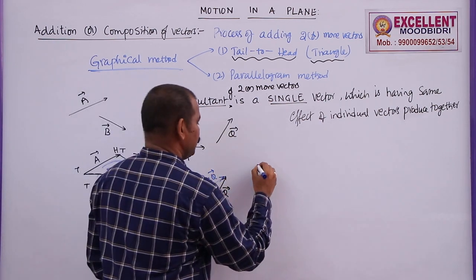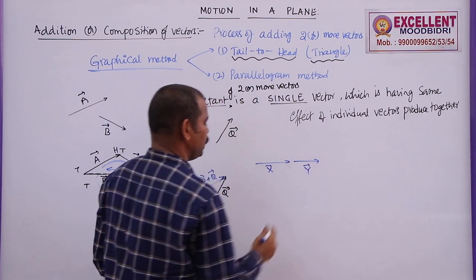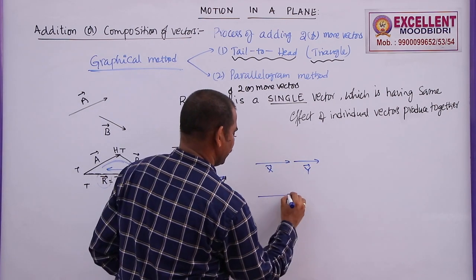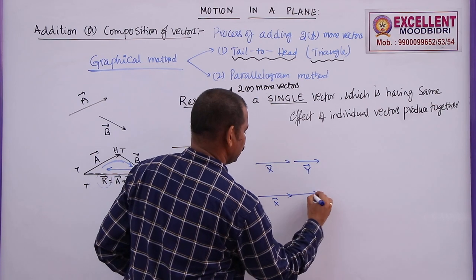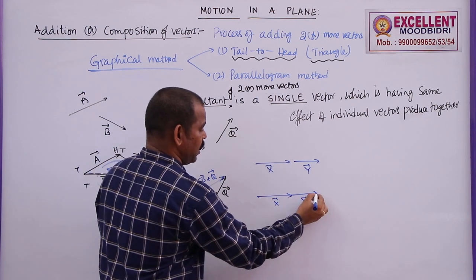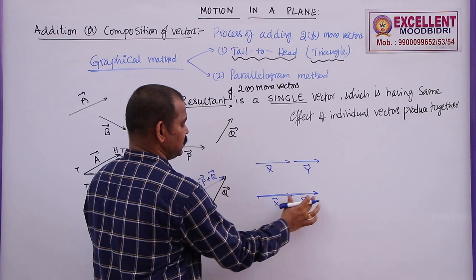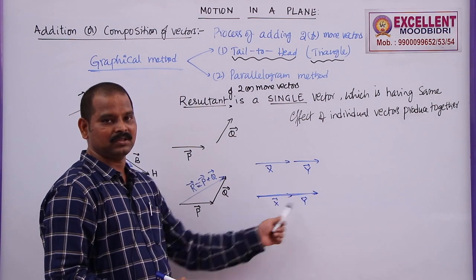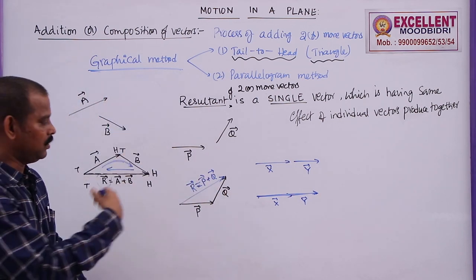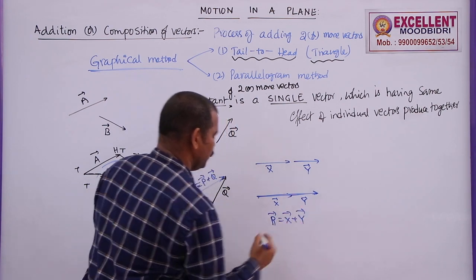But let us say two more vectors are given, X bar and Y bar. Remember students, how to find the resultant of these two? As these two are acting in the same direction, this is X bar, this is Y bar, and if you join the tail of the first vector with the head of the last vector, then we will get a straight line only, which is exactly equal to the length of this one plus the length of this one. But this is not a triangle, this is a straight line. So, in this case, we are not going to use this method, but you can directly write R bar equals X bar plus Y bar.